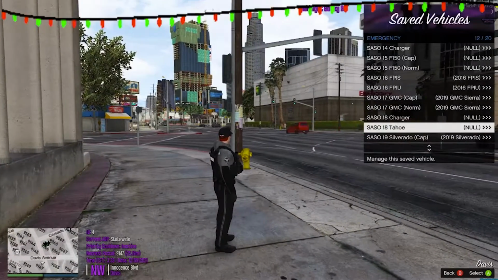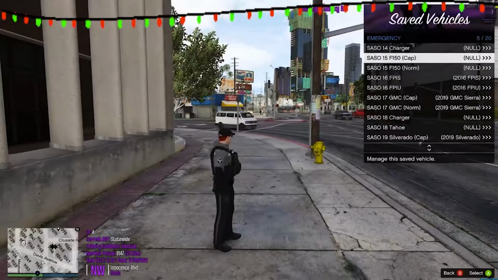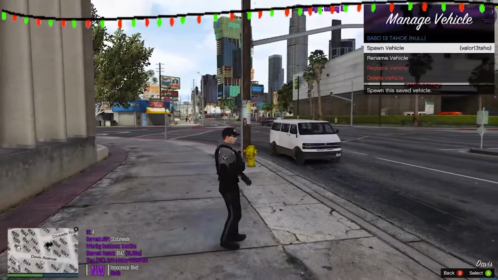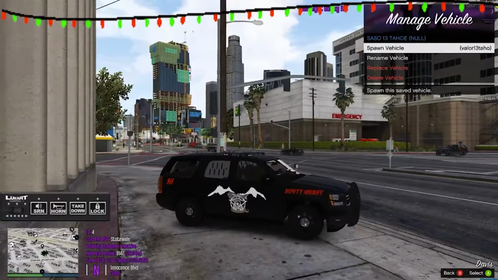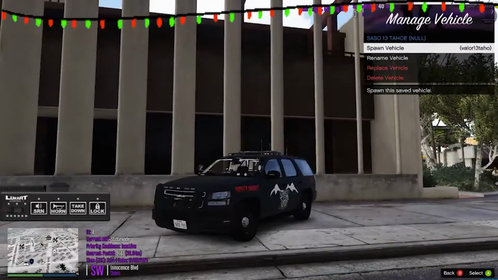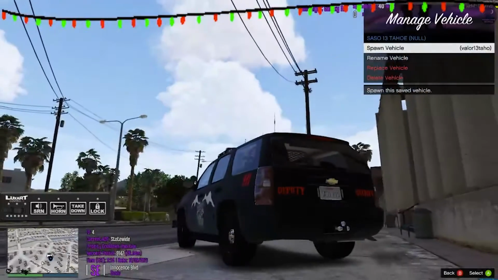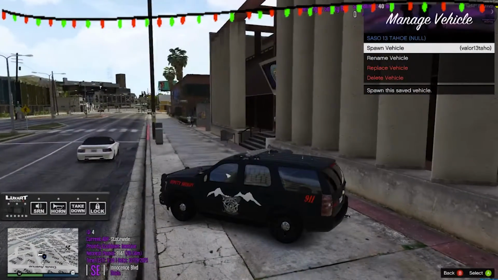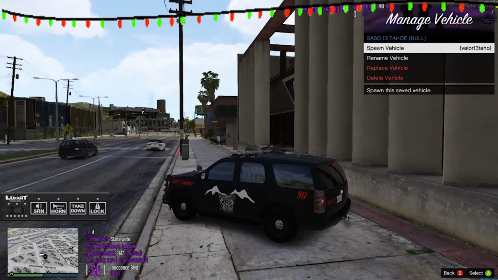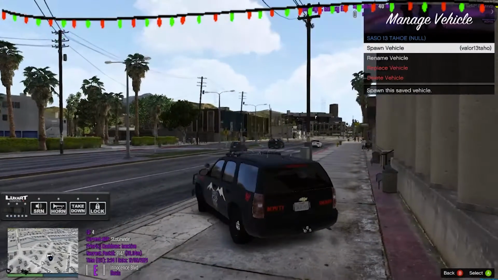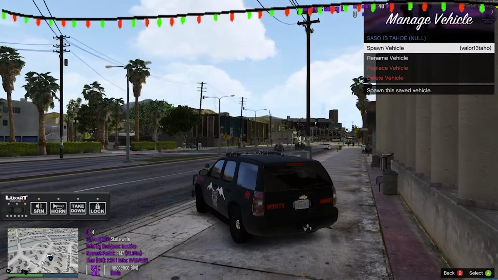let's see here. It is the 13 Tahoe here. I just like how retro it looks. I like retro Tahoes in general, so this one looks really good. It likes to spin out a lot, so I'm not going to drive it all the time, but it is pretty good.